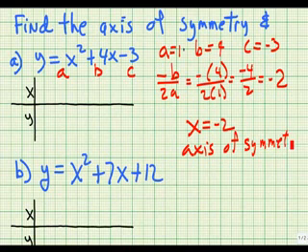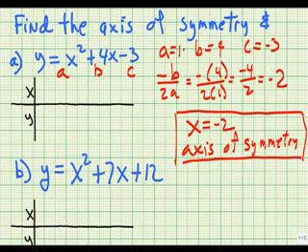If we put a mirror on the line x equals negative 2, the left side and the right side of the parabola would be exactly the same. This also tells us that if we're going to have 5 values, we should put negative 2 in the center. If we increase by 1, decrease by 1, from there we can find each of the values that goes into our table. Using our graphing calculator, we can find the values,